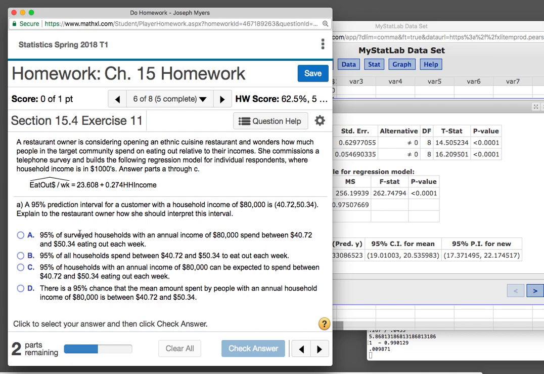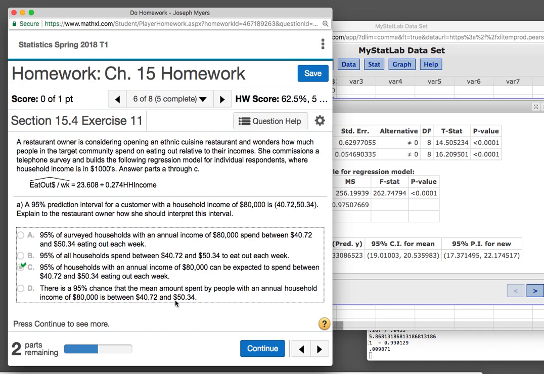It can't be about the surveyed households because your conclusion is never about the sample that you surveyed. It's about the population. And it doesn't involve the mean. So we're 95% confident. I'm still not happy with the phrasing of that, but that's the best I can find. Because rather than saying 95% of households, you should say that you're 95% confident that a randomly selected household would fall between that range. Okay, so now